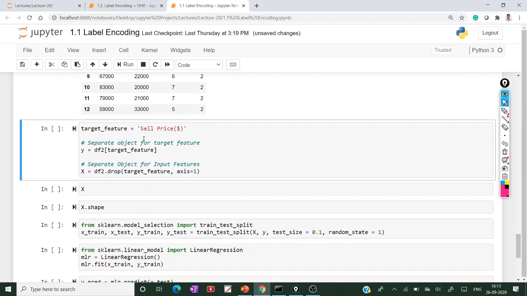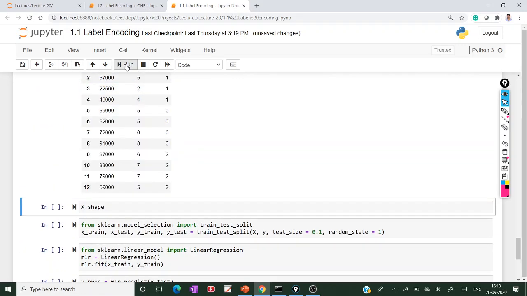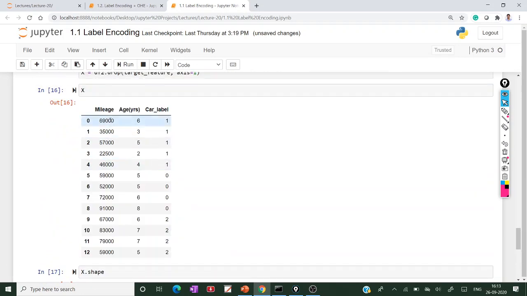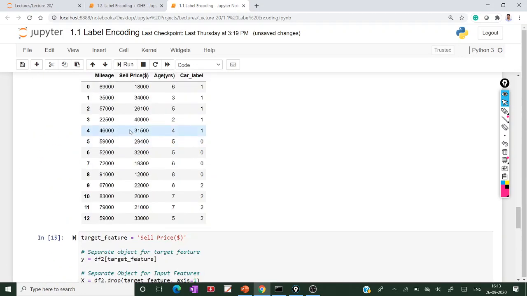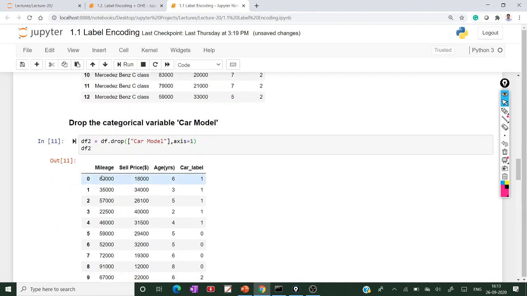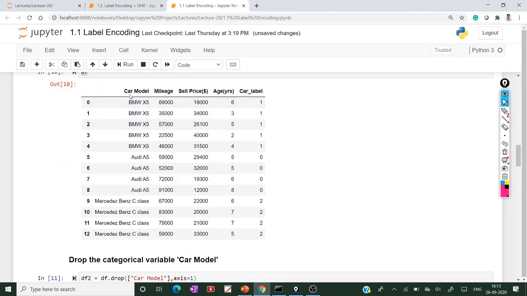So by using this data I am creating X and y and building the model. What is the target variable in this data frame? Car price. Based on car model, mileage and age.